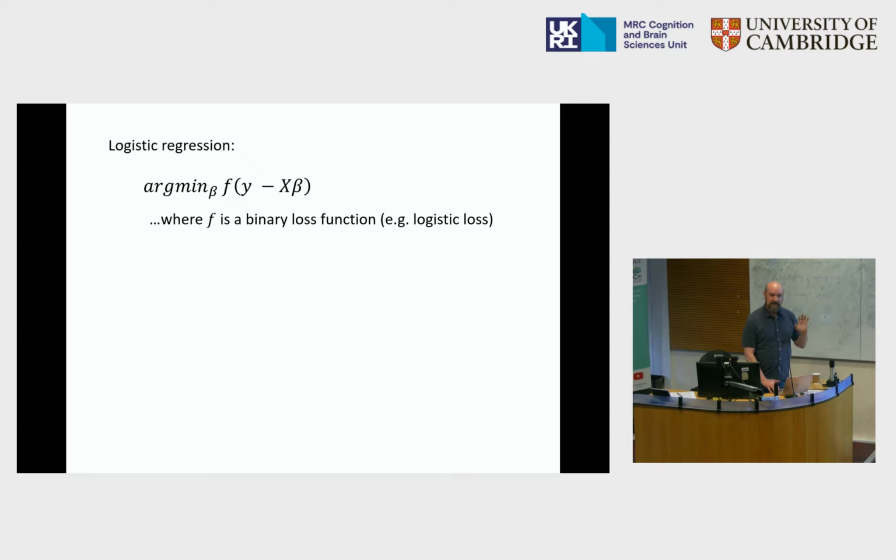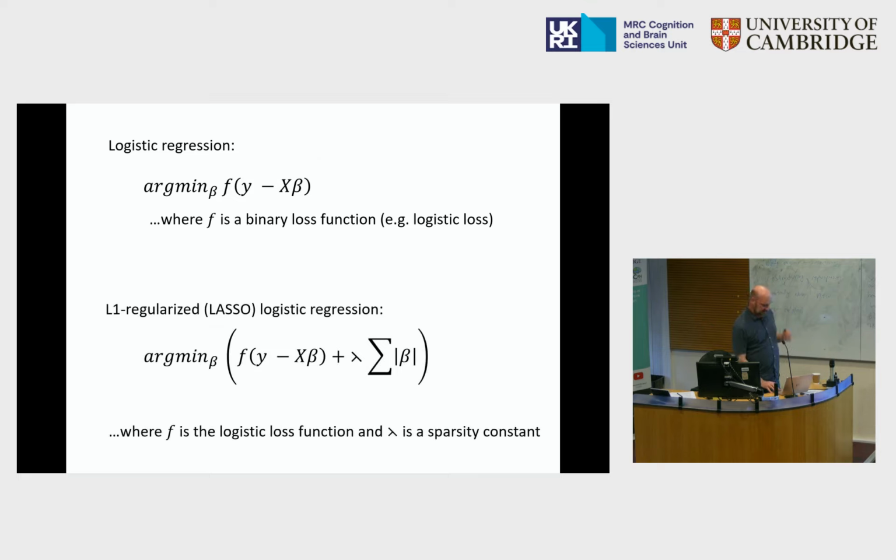So what you have to do is tell your model something else about what you think the solution is like. Rather than just saying, give me beta coefficients that predict well, you have to say, give me beta coefficients that predict well and satisfy some additional constraint. A very simple constraint is sometimes called the L1 norm or the lasso loss. It is really just, sorry, I'm trying to find my virtual pointer here. There we go, this guy here. So now I'm saying, find me beta coefficients that minimize my prediction error and this second thing. And this second thing is just the sum of the absolute values of the beta coefficients, the model weights that you're trying to learn.